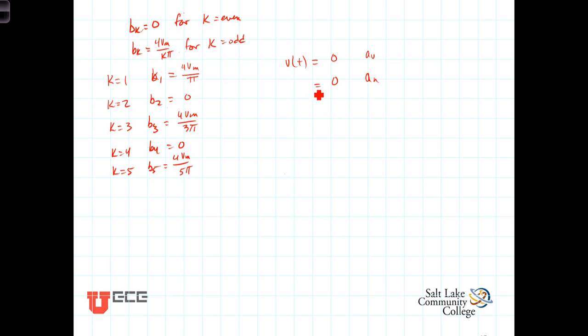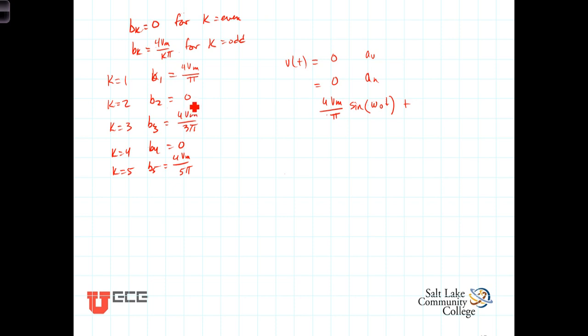Well, our b1 is going to be, so v of t is going to equal 4 v sub m over n equals 1 times pi times the sine of n omega naught t, it'll be the sine of 1 times omega naught t,